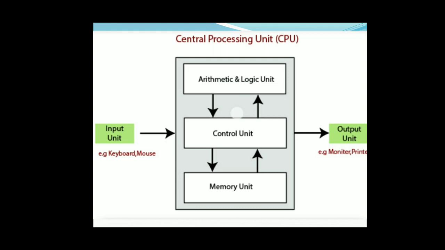In the case of the CPU, you can see that there is an arithmetic and logical unit, a control unit, and the memory unit. The arithmetic unit performs the arithmetic operations. The logical unit performs logical operations such as greater than, less than, greater than or equal to, not equal to, like that. The control unit controls the processing of the CPU. And the memory unit holds the memories which are used to store data required for the processor, or the CPU.